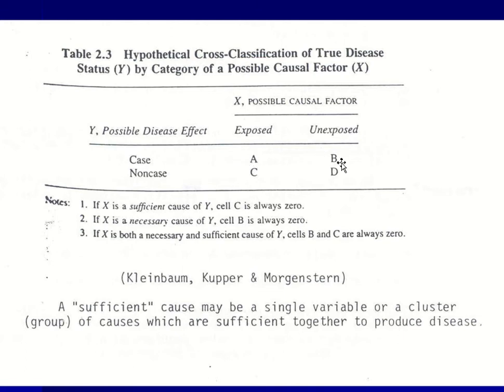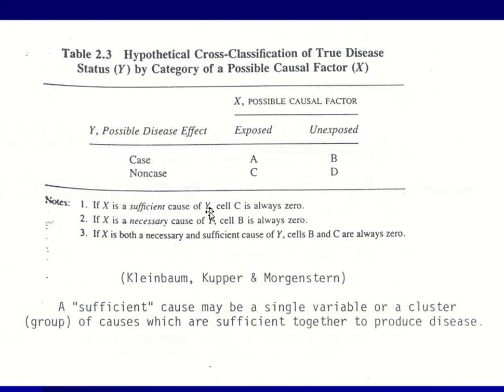B, unexposed but they do have the outcome. C, they are exposed but they do not have the outcome. And D, they're not exposed and they do not have the outcome. And the note says that if X is a sufficient cause, so let's remember what sufficient